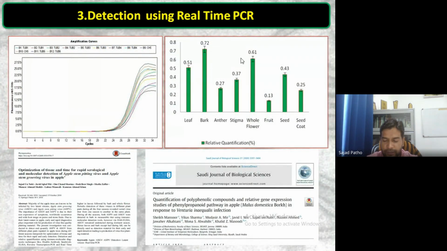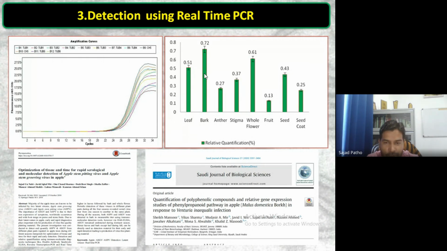Then very important is the real-time PCR. Real-time PCR has various benefits. One, it is very sensitive. For example, conventional PCR goes up to a dilution of 10^-12, but if we see the sensitivity of real-time PCR, it will go up to 10^-18, 10^-17, 10^-16. So if the titer of any pathogen, for example these viruses, is very low, then only real-time